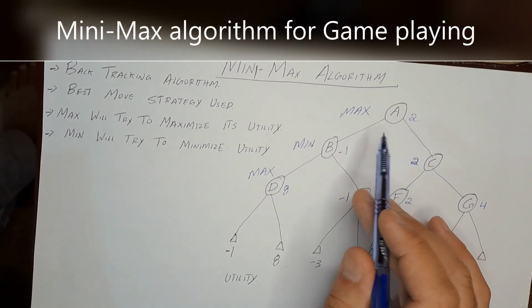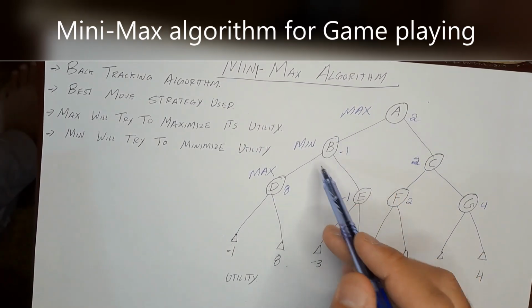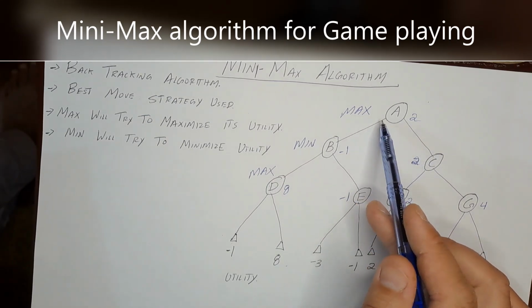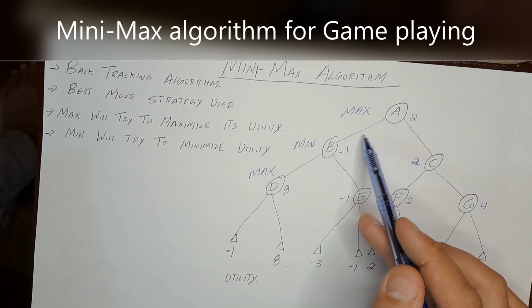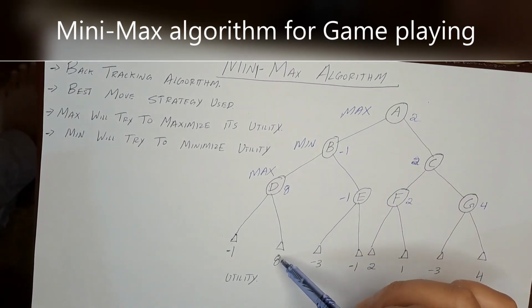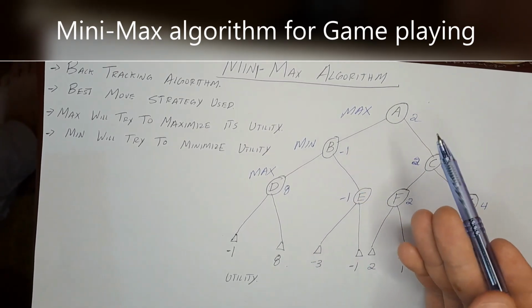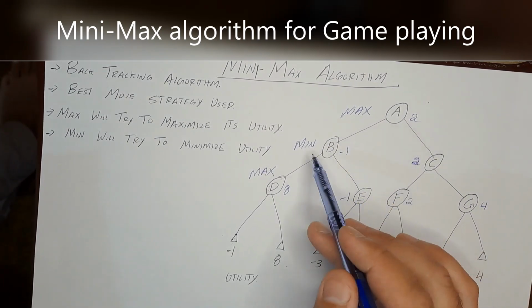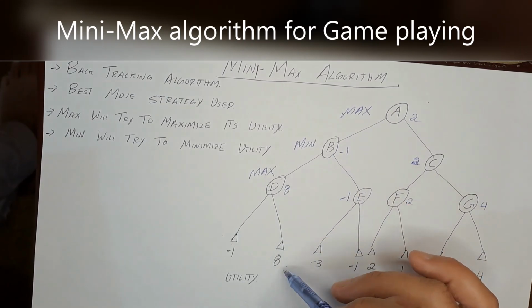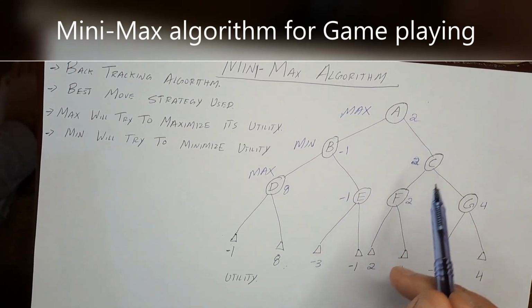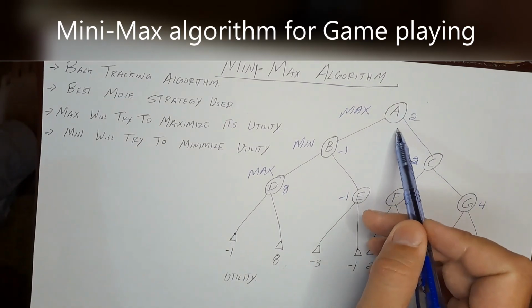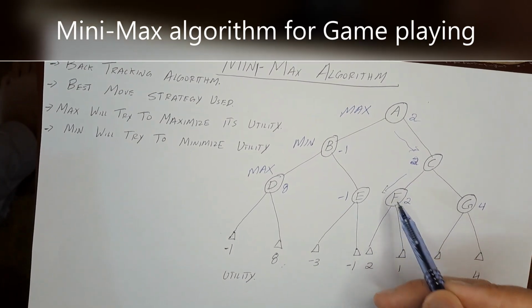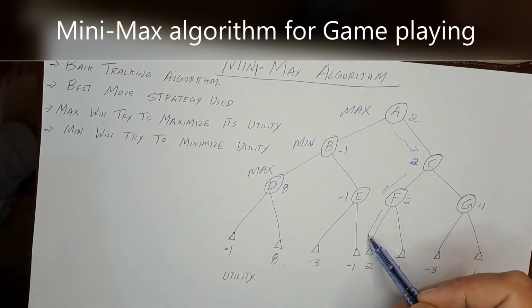Here you can say that Max definitely wants to get the maximum utility, which means the most desirable path for Max will be A, B, D, and its utility. Max can think about his moves logically, but he cannot predict the moves of Min. So in that case, he might not get this reward. But if he chooses this strategy, from A to C, then from C to F,